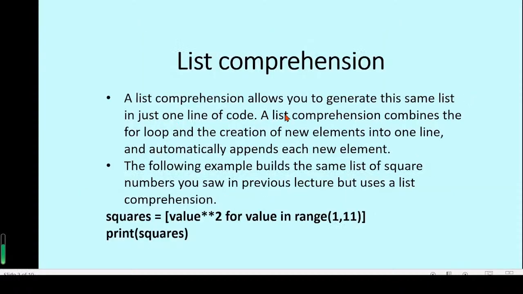A list comprehension allows you to generate this same list in just one line of code. A list comprehension combines the for loop and the creation of new elements into one line, and automatically appends each new element. The following example builds the same list of square numbers you saw in previous lectures, but uses a list comprehension. So we can write squares is list, and inside the bracket we write value **2, then it's like a for loop, for value in range 1 to 11. Then we can print out this